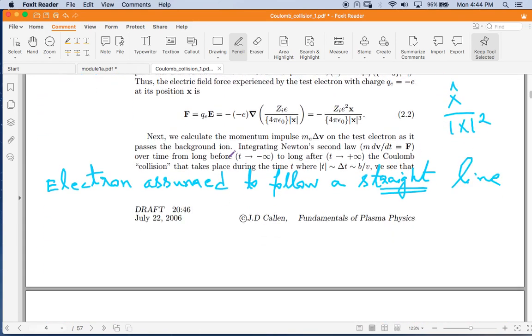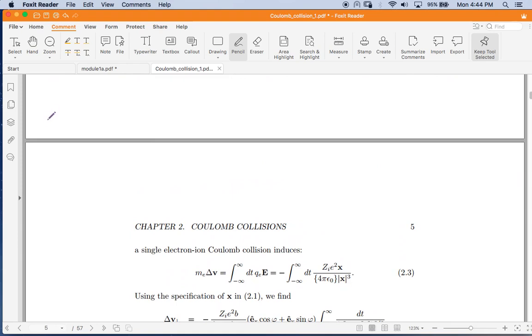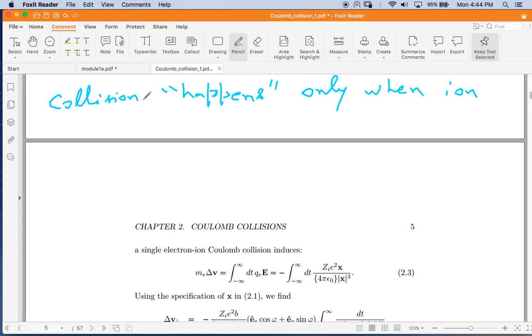Okay, so the collision happens, if you will, only when the ion is close to the electron. Right? That's obvious, right? So hence the definition of a collision,